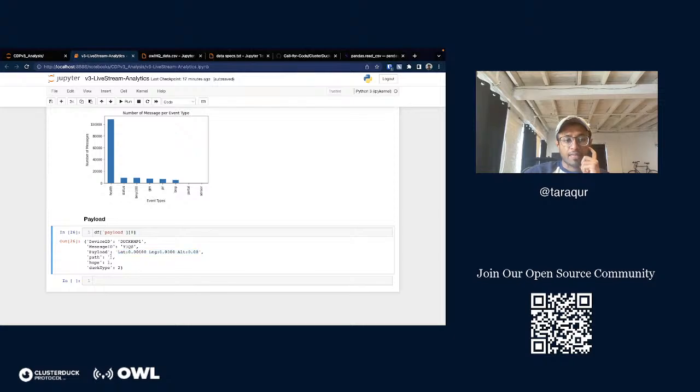We have the path and the hops. For path, I briefly mentioned the bloom filter. So this path will be empty temporarily because now that we implemented a bloom filter, we don't need to add the device ID into the path. The bloom filter will be able to use probability to determine if a duck has seen a message. So that's why right now it's empty, but I think we'll be adding some content here later on